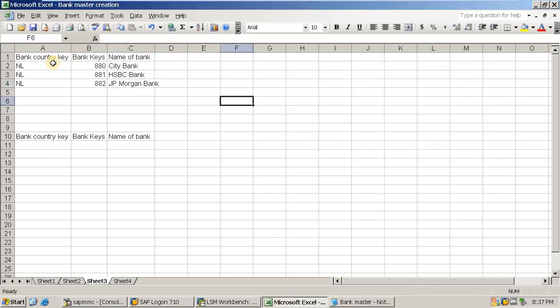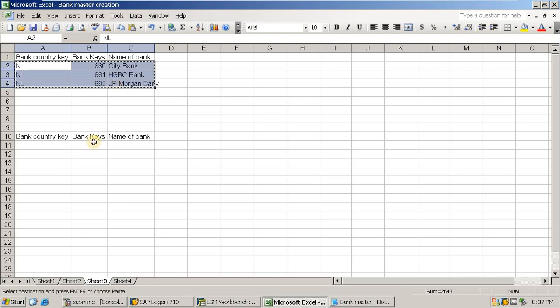Fine. So I want all these to be created in SAP. I have only entered three data here. These three bank key masters I want to create in SAP using the LSMW.